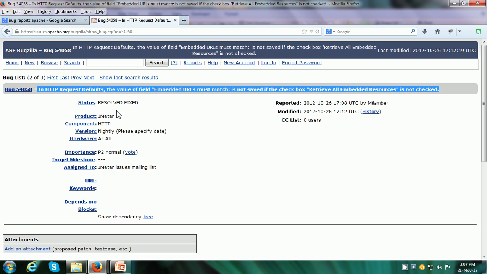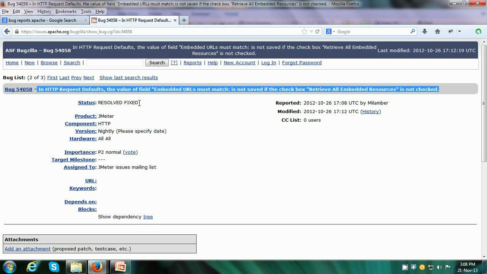Then there are some fields. Some of these fields have been filled up, but some have been left blank. So the important ones have been filled. So it says the status. The status is what state the bug report is in. So if it is a brand new bug, the status is going to be new. If it is allotted to a particular developer, the state is going to be assigned. If the developer has found the solution and applied it in the product or service, then the status will be fixed. So here the status is resolved and fixed.